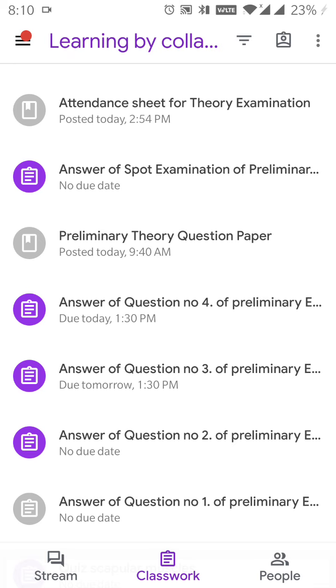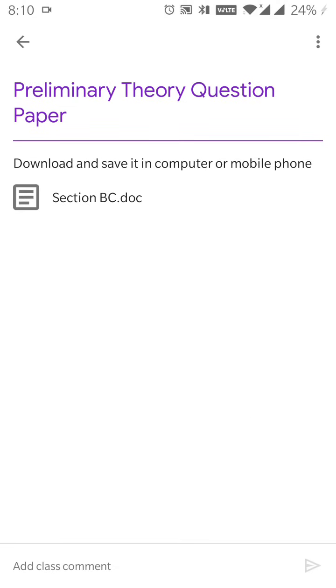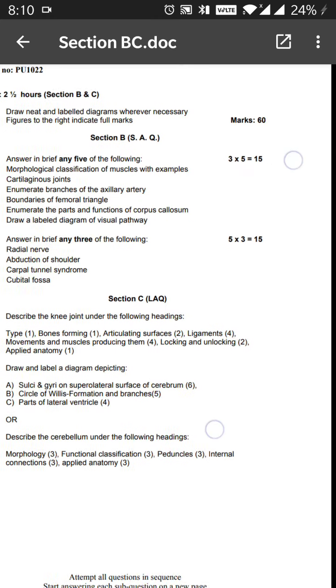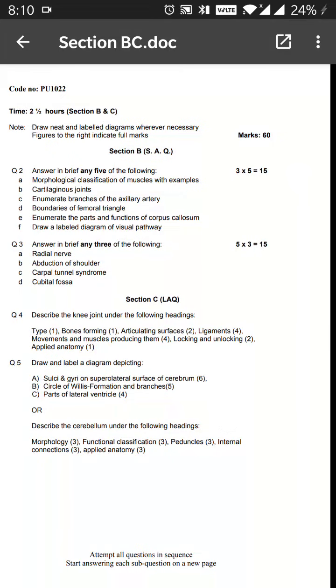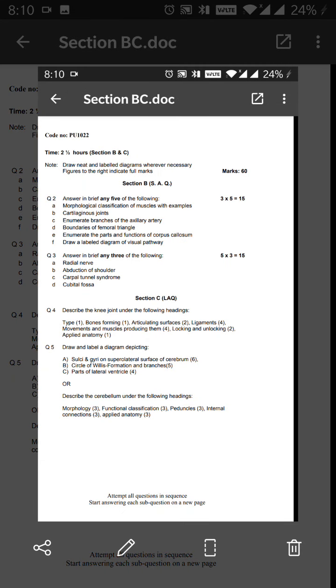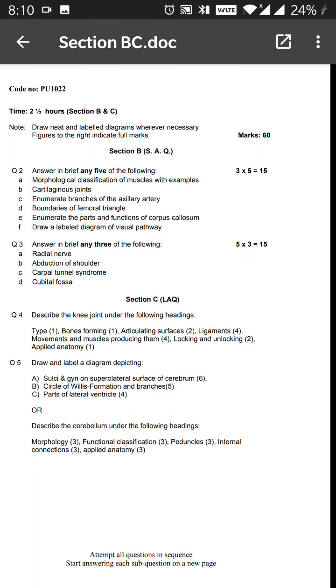To access this theory question paper, you have to click on this theory paper, then click on the paper, and it will show you the paper. It will be available in your mobile phone. You can screenshot and keep it with you for your further reference.